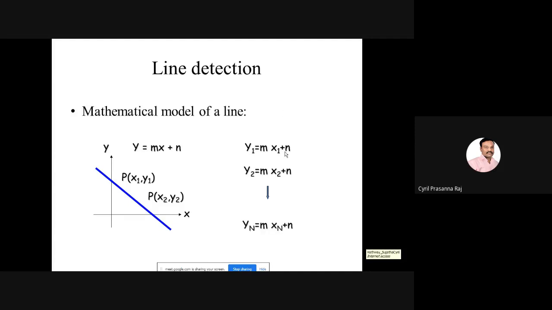If you try to understand the concept here, this slide will help us understand very clearly the meaning of Hough transform. Let us take for example this straight line. This straight line will have multiple points across the blue line. Each of these points corresponds to an x-axis and a y-axis value. Assume that you have a point somewhere here; this point now corresponds to an x value as well as a y value.